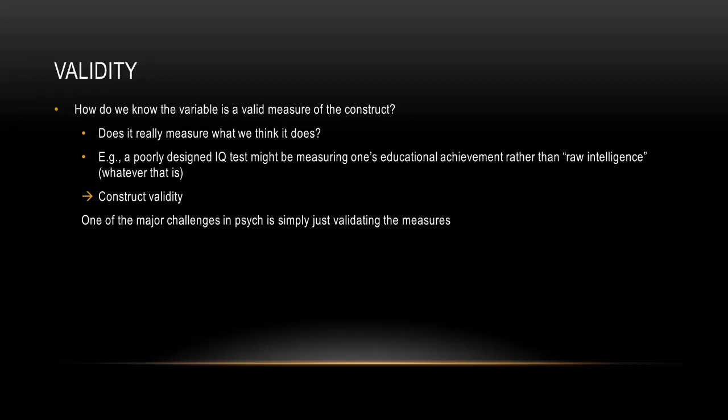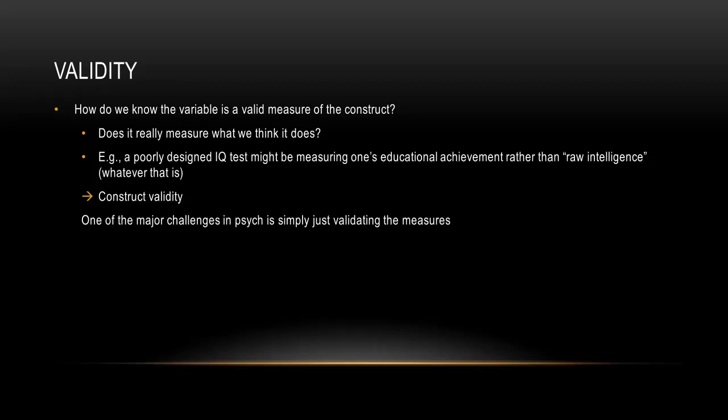But in theory, a well-designed intelligence test or IQ test would be able to identify such a person and say, oh yeah, despite the fact that you don't have all of the fancy education, you're still actually quite intelligent, just as intelligent as Einstein, right? Because again, what we're thinking here is that someone's raw internal intelligence is not the same as just getting an education and learning things, right? Intelligence represents more about capacity to learn, capacity to do things, right? Not so much what you have learned in terms of actual achievement. It's more about aptitude than achievement, right? What you can do more than what you actually have already done.